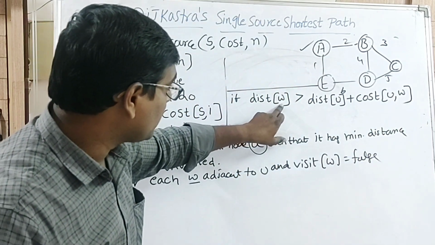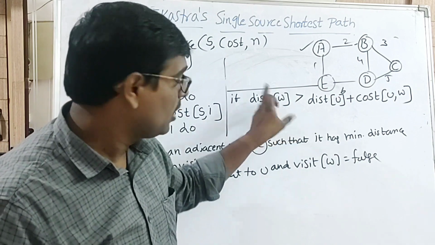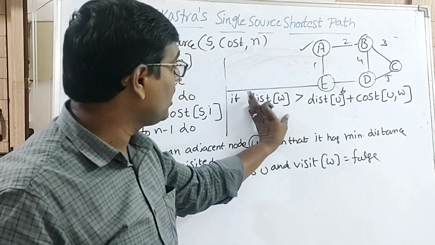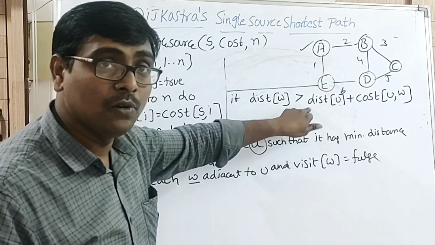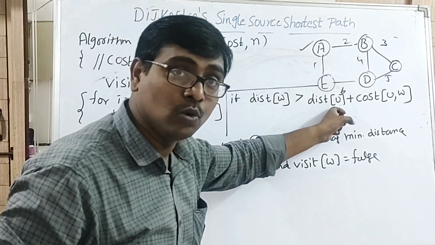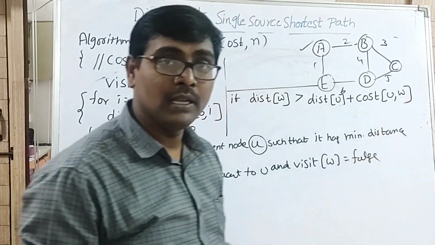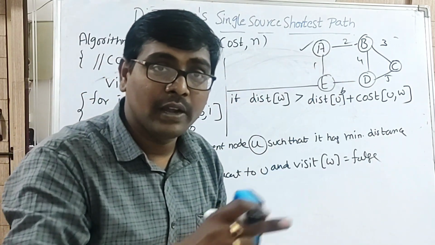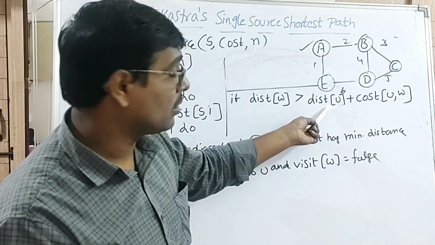This specifies the direct distance from source to W. If the direct distance value is greater than dist of U, the direct distance from source to vertex U, plus an edge from vertex U to W, that means if the value of direct distance is greater than using the intermediate,